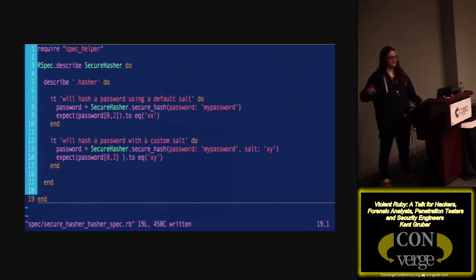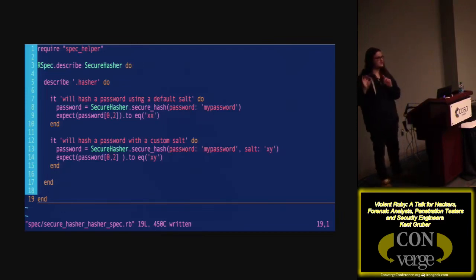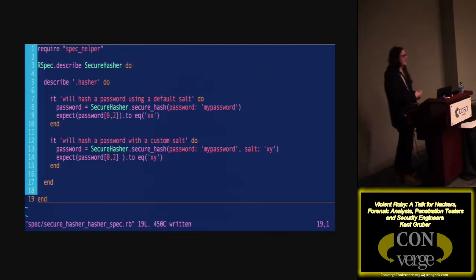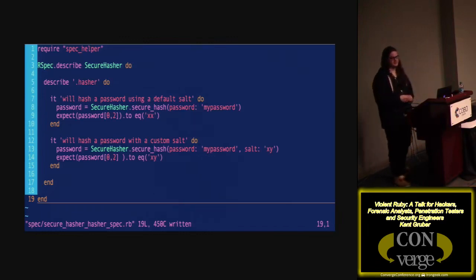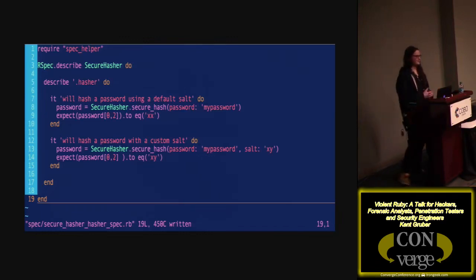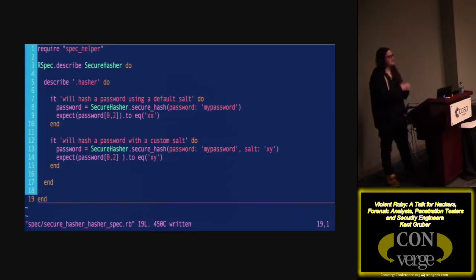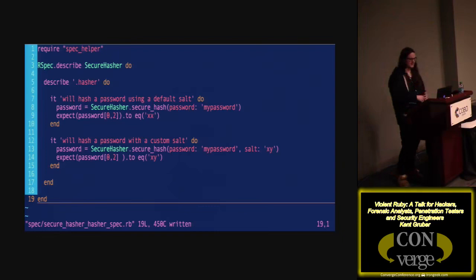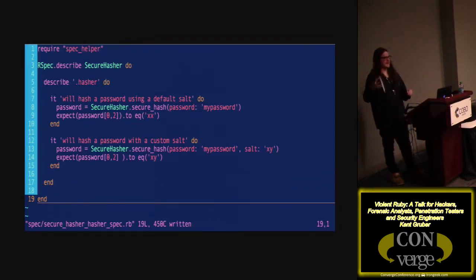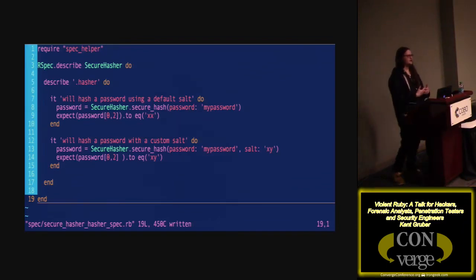This sort of methodology, and I'm going to linger on here just a tiny bit, is super interesting in terms of, let's say I had something that wasn't a secure hasher. Let's say it was a gem that I've also written called iptablesz. I don't know, it's called iptables, but it ends with a Z. I don't know why I did that. Anyway, what I'm building is a way to take my iptables rules, and I built this friendly Ruby interface to do that. I don't think I have any examples in this presentation, but you can write these tests to describe how my firewall should be set up.